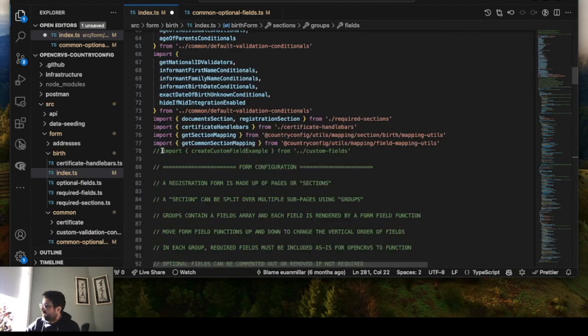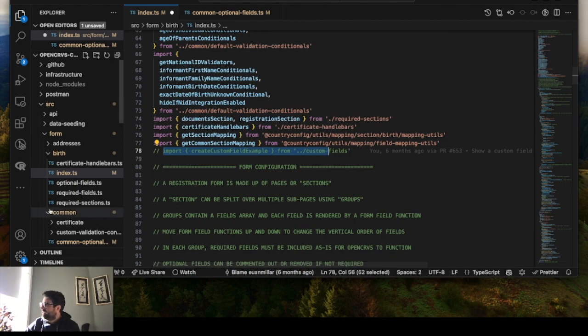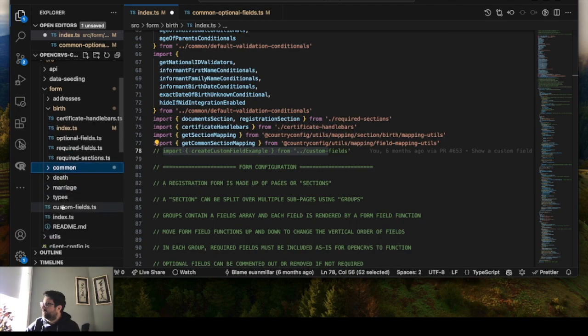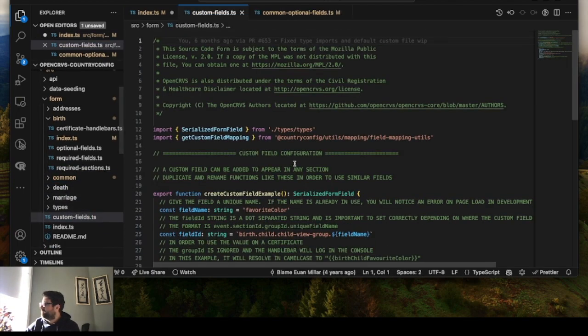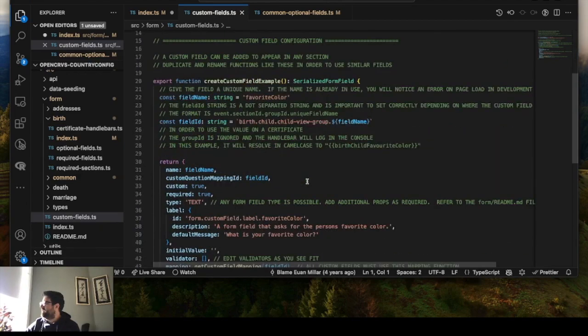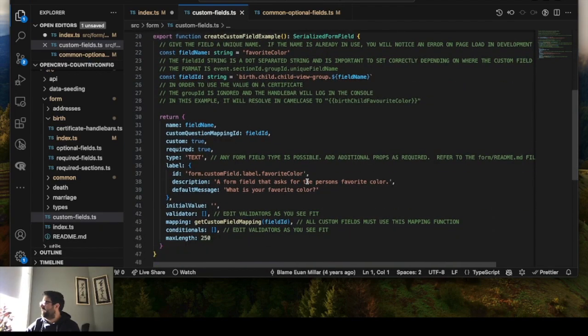You can see that it's commented out: import create custom field example from the custom fields file. So let's take a look at that. That's up a directory level, and you'll see this file called custom fields. So here we can see, here is a custom field example. This question is saying, what's your favorite color? Just a basic